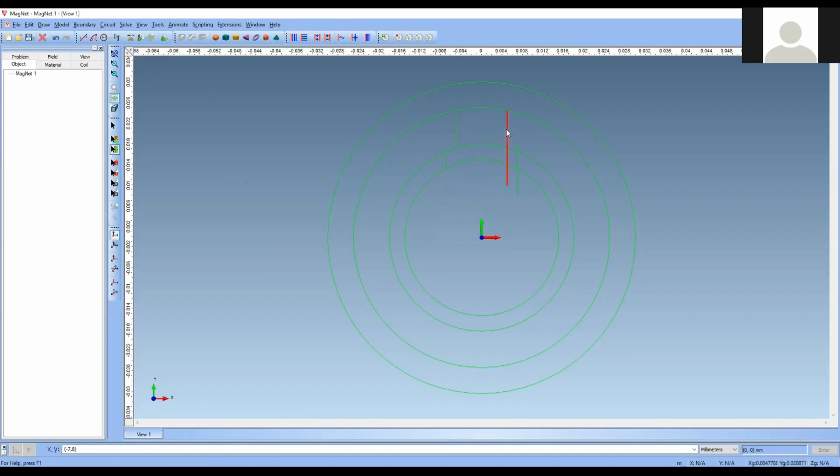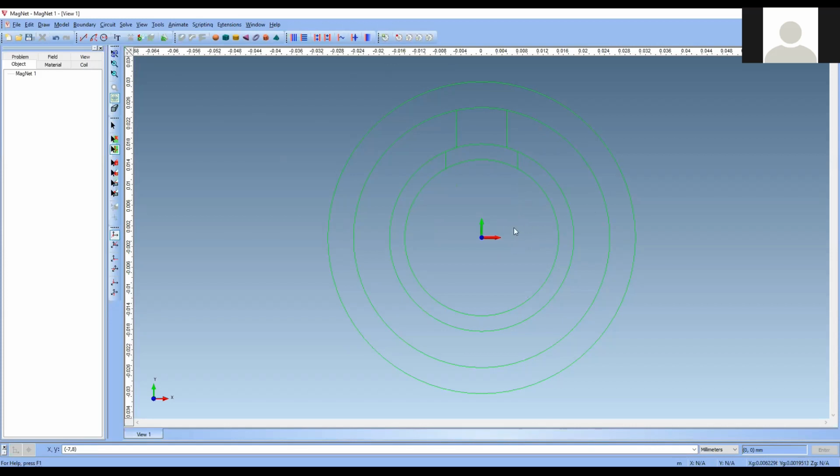Similarly here, again, I am going to give segment edges. This is unwanted portion and this is unwanted portion. Now this line, segment edges, this is my unwanted portion and this is my unwanted portion. Okay, now you have got a pole shoe, right?